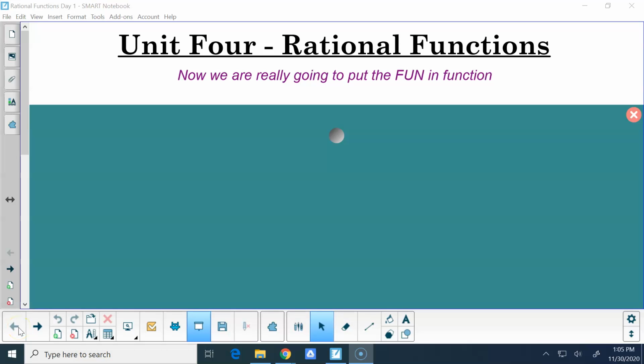So today we are going to start Unit 4. Unit 4 will take us all the way through up until winter break. Okay? And so we're going to put the fun in functions in this unit. Okay? Because we're going to talk about rational functions. Our goal this unit is to graph rational functions. That's what our goal is